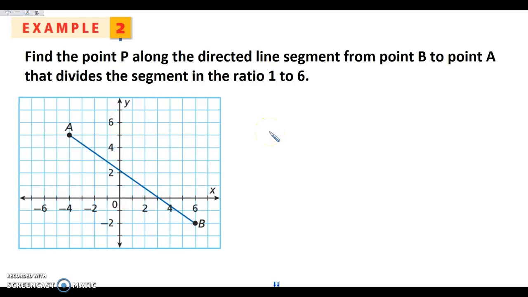Okay, so we are continuing on with partitioning a segment. I just didn't want to have to talk so fast that I ran out of time. So what we're looking at is the same thing that we just did